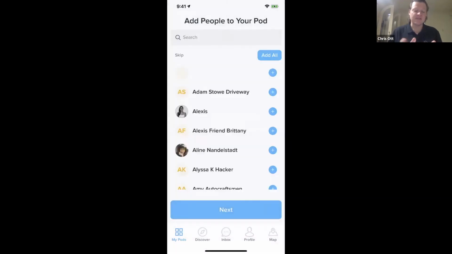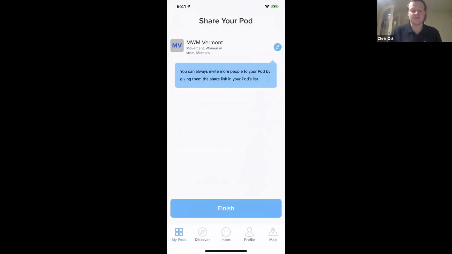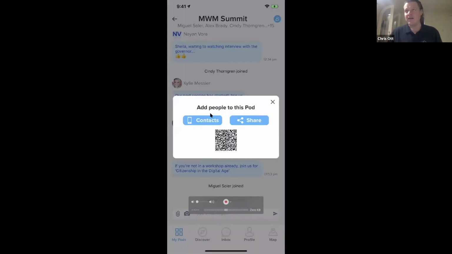So if you take a look here, you can see that I can invite people from my phone contacts if I want to just get the pod started. And there'll be other ways to share that I'll show you here in a second. I can tap the plus person button. Actually, everybody that's watching this demo could just open up the camera on their phone and put it right over this QR code, and they would also be able to join. And you can also share from your share sheet on your iPhone.